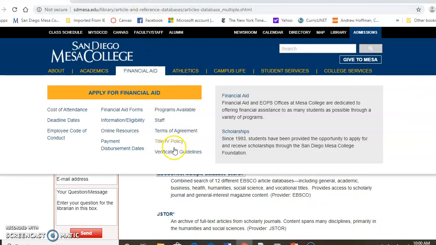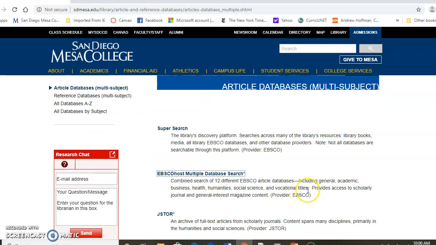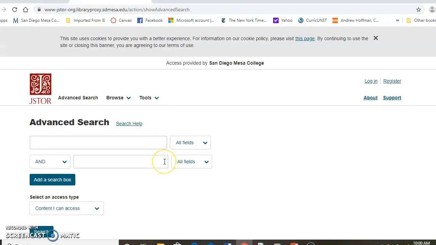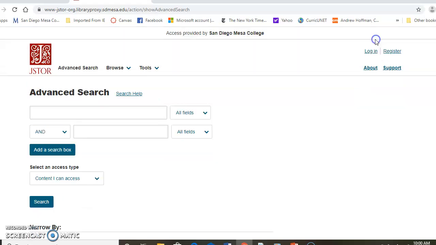Now I'm going back to the original page here for the article databases. I also want to show JSTOR. The J of JSTOR stands for journals. That is to say, everything here basically is from an academic or scholarly work. Okay, so if I put capital punishment in here,